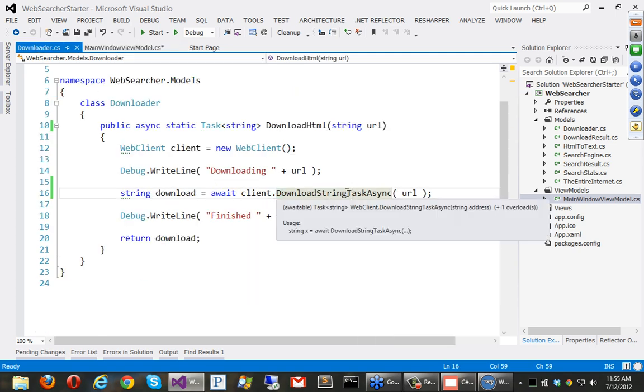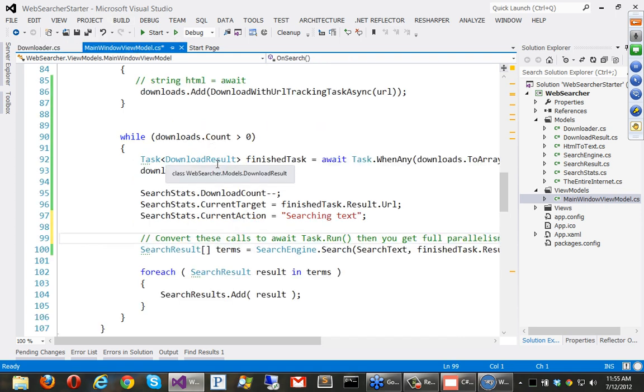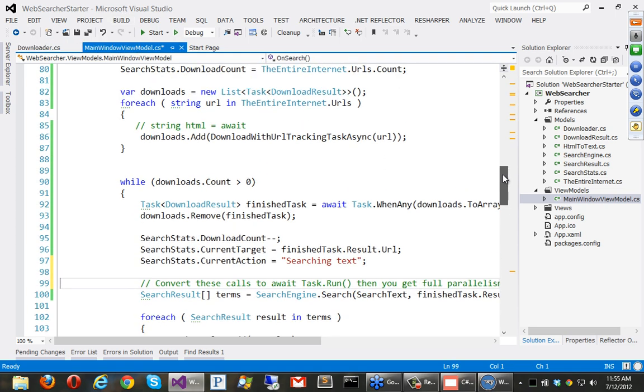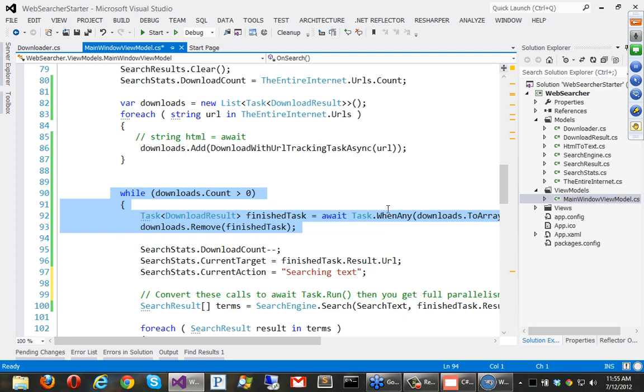Just add TaskAsync and then await and async. But that didn't actually add more parallelism because we were awaiting each result, still sort of doing them in order. So we had to change our logic ever so slightly to these two loops. First start all the operations and then pull them out as they're done with Task.WhenAny to actually get more parallelism out of the system.